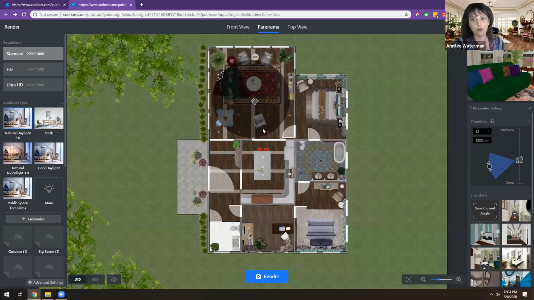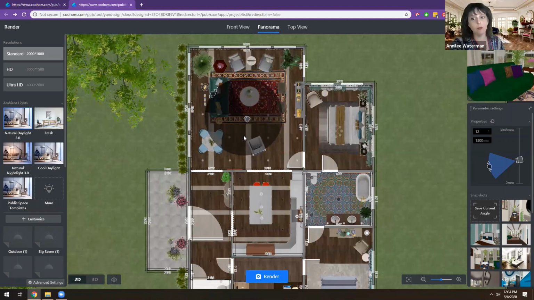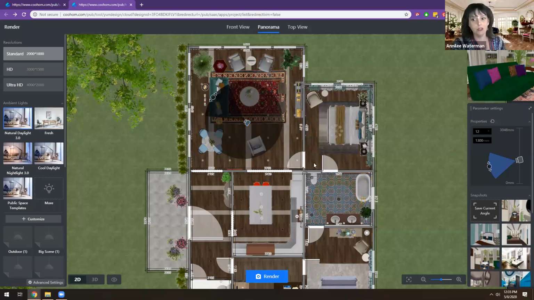Now, when you are doing your 360s, when you're going to do your 720s to walk from one room to the other, you have to be able to see that hotspot from one room to the next. So if I've got this hotspot here and I want to be able to walk here into the entry room, I've got to have a navigation point here so that I can see from that door to door. It won't let you navigate over to the next room if you can't see that navigation point. So that takes a little bit of planning, but you don't have a limit on generating the 360s,